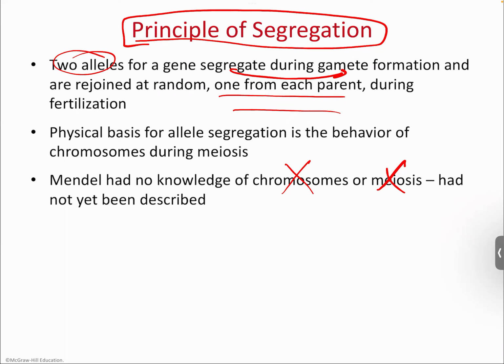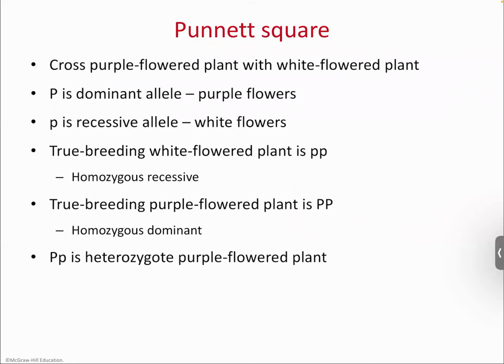But most of the discoveries that lock this into place came after Mendel. Mendel had this idea in his head before anybody knew anything about chromosomes or meiosis or mitosis, which is crazy, right? That just goes to show you how ahead of his time he was, which is probably the reason why he got forgotten. But anyway,